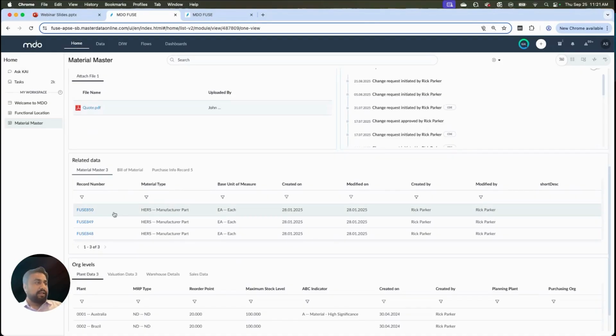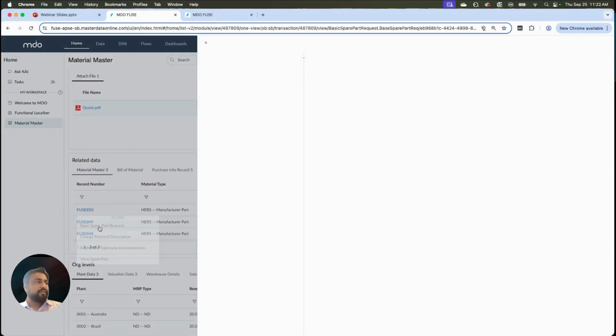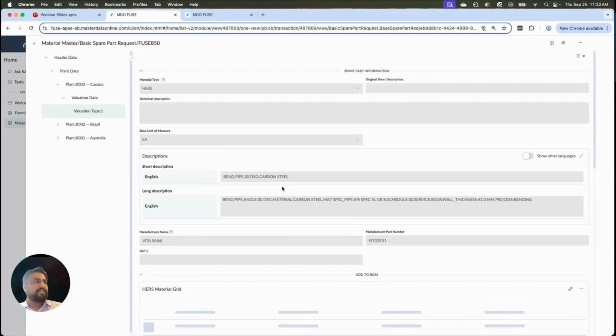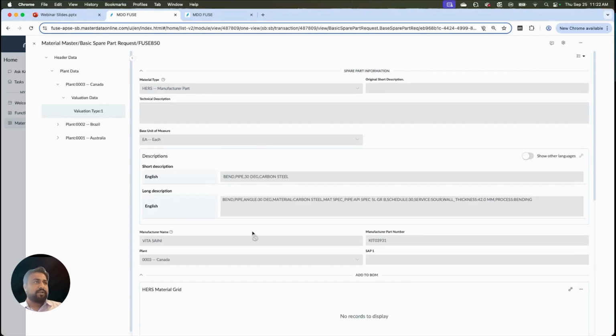Furthermore, these related data sets are again configurable depending on the requirement, depending on the level of analysis we want to do. We can add more data sets here. We can define the set of fields which we need for a quick analysis. And furthermore, we can click on the summary view of this record to get a detailed understanding as to what information was filled for this particular linked record.